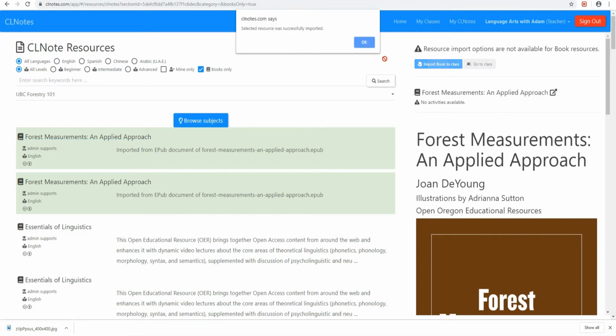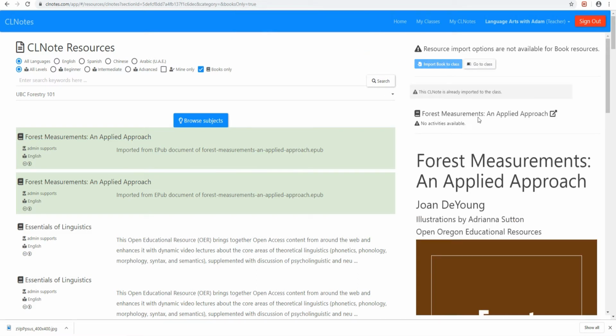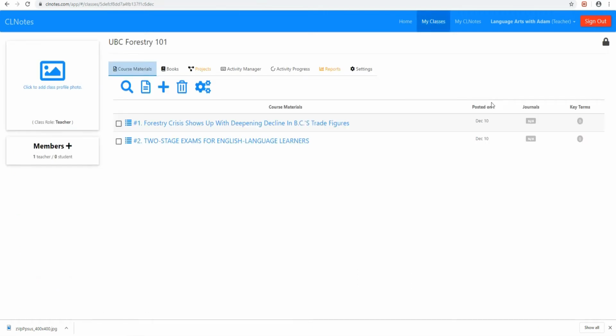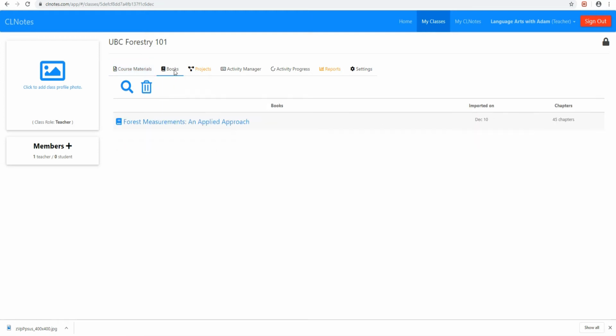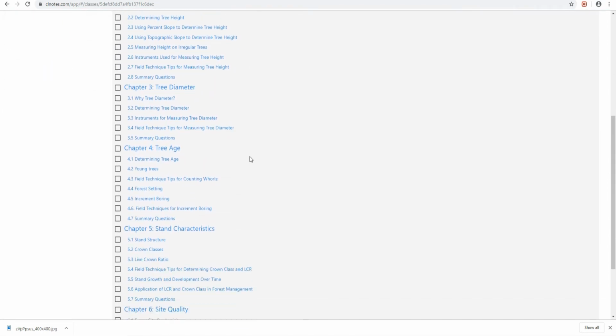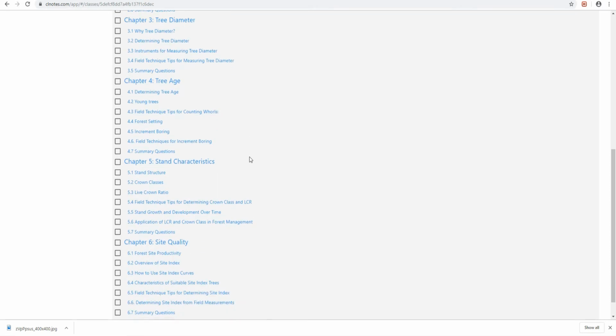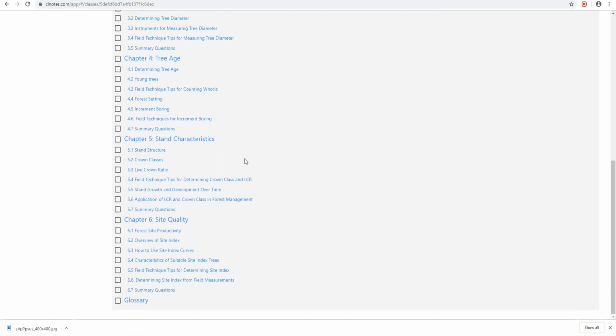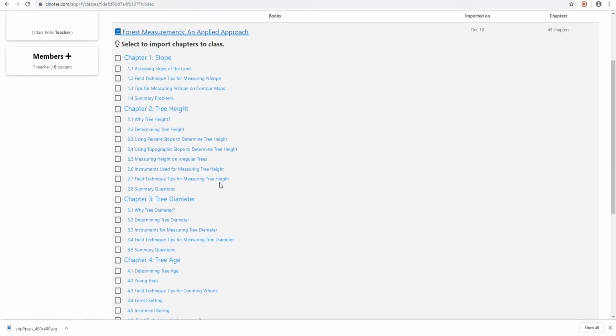We're going to import the book to class. It says it's been successfully imported. And then just go to class. And if you look here at the course materials, you can't see the book because what we've done is we've loaded it in EPUB format so that you can actually choose the specific chapter you want. So to get the chapter in your course materials here, we just go over to the Books tab, and you see here we have forest measurements and applied approach, and all of these chapters, and all we have to do is choose one of these chapters here,